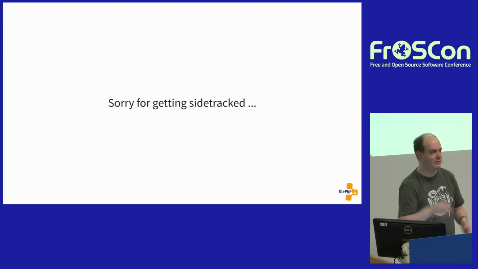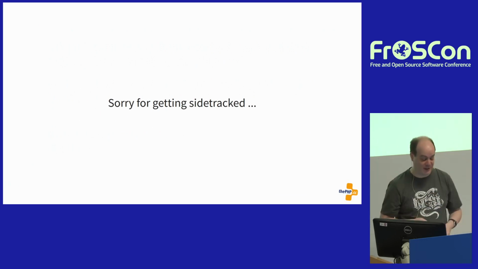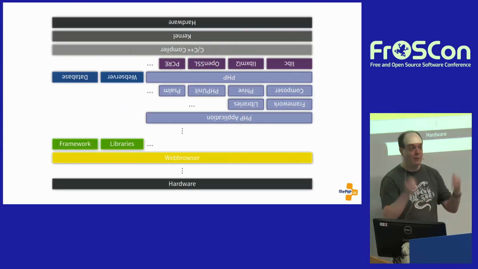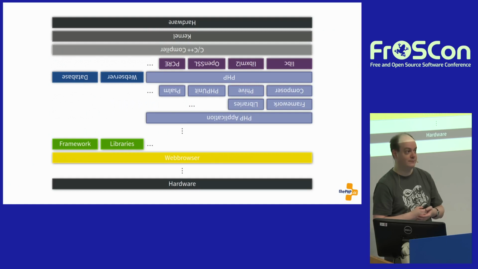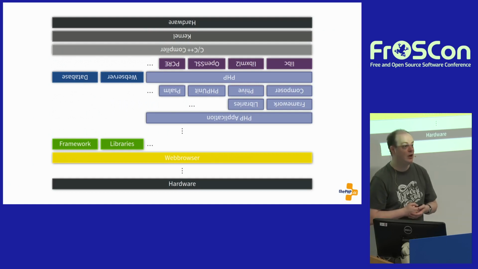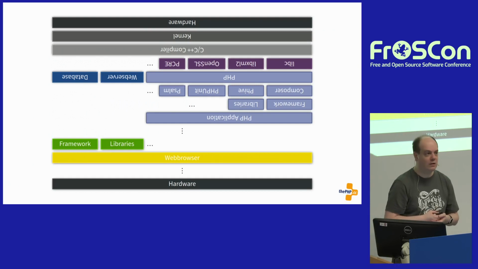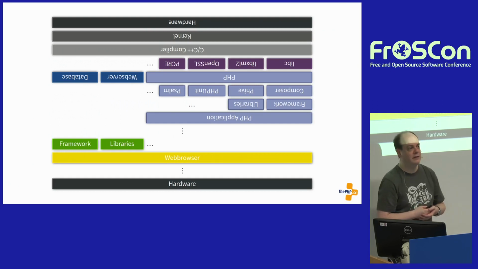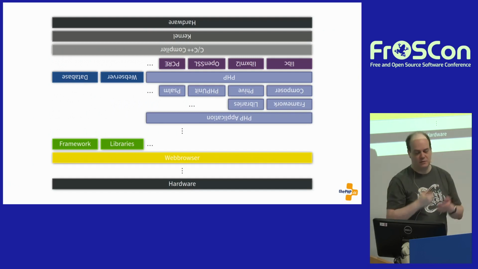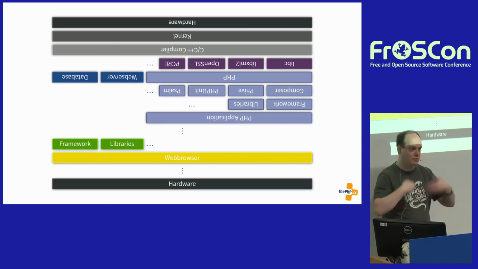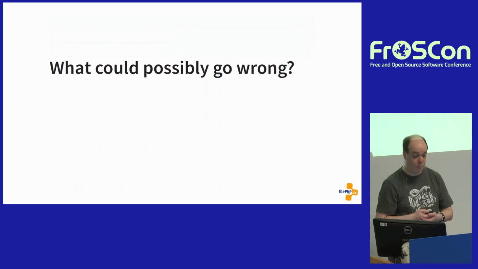That was not really about the PHP stack or supply chain, but I just have a bad feeling about the term full stack. So coming back to our stack, if we look at this thing, what could possibly go wrong? Right, there are a lot of moving parts, and there are a lot of people out there with bad intentions, and every box you see here is a potential vector for doing something nasty that you probably do not want to happen to your business, to your software, whatever. So what could possibly go wrong?